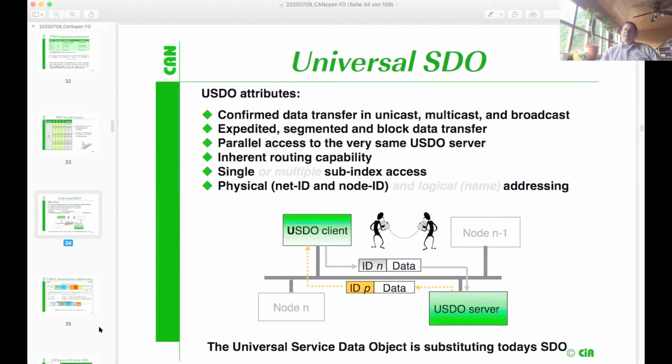We will hear later on a lot more with regards to the universal SDO. We updated also the service data object, but not directly, because it was very tricky and looked very handmade. Therefore, we removed the classical SDO and substituted it by something new, the so-called universal service data object, or briefly the USDO. The USDO has a full function coverage of the classic SDO, but in addition to that,